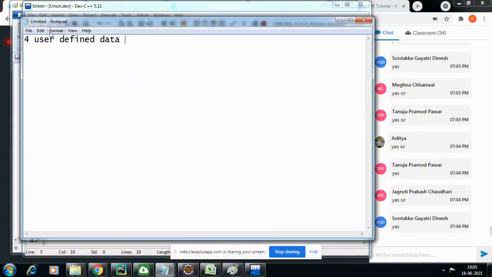Now why am I saying user defined data type? Because if you observe, in integer roll number, integer is the data type and roll number is the variable. Remember, this side is a data type and this is a variable. Now when you say structure student,